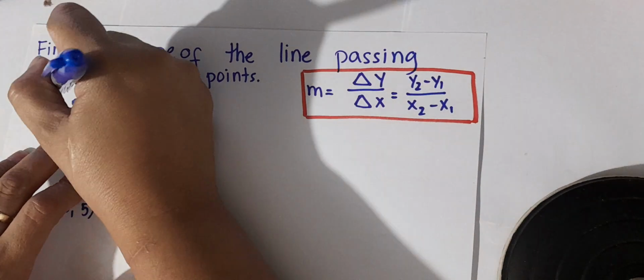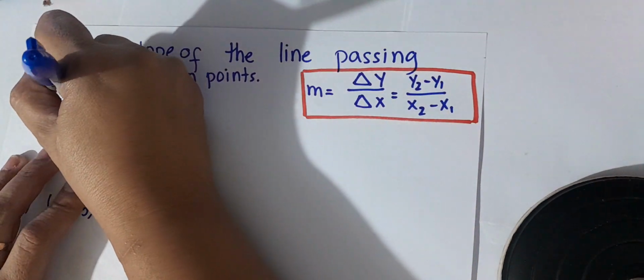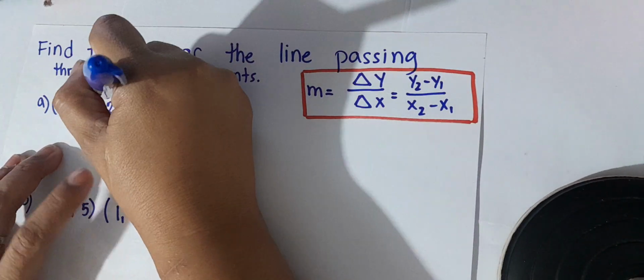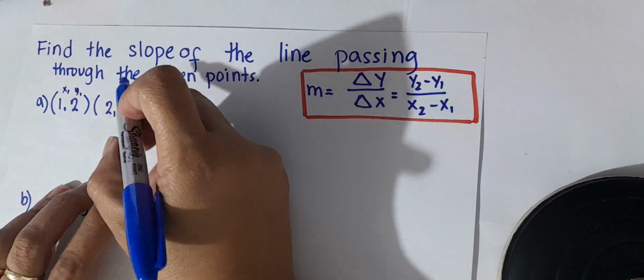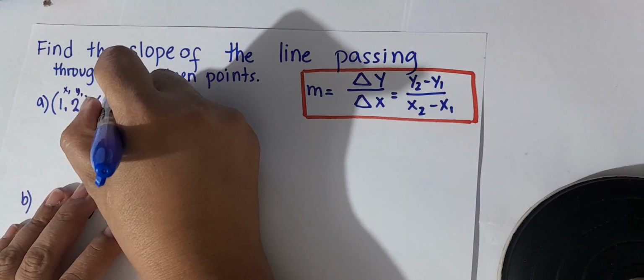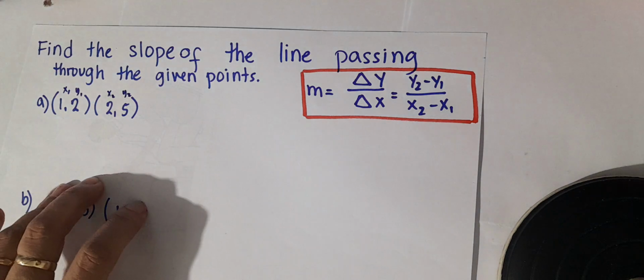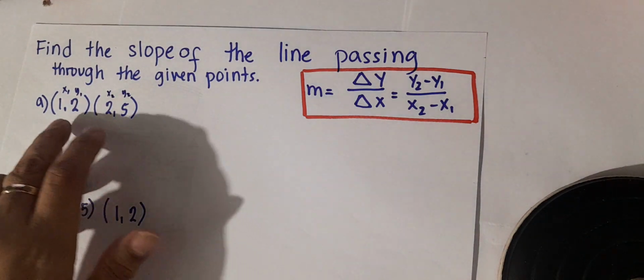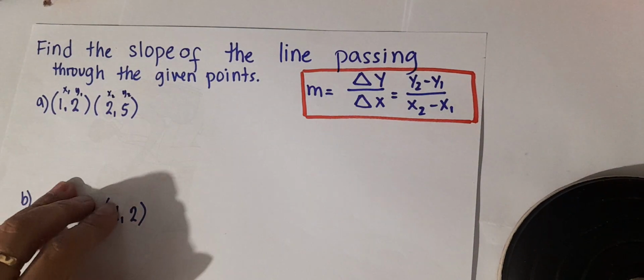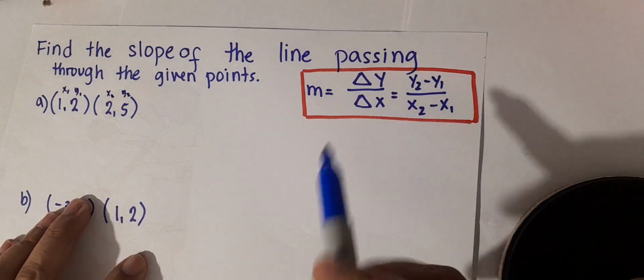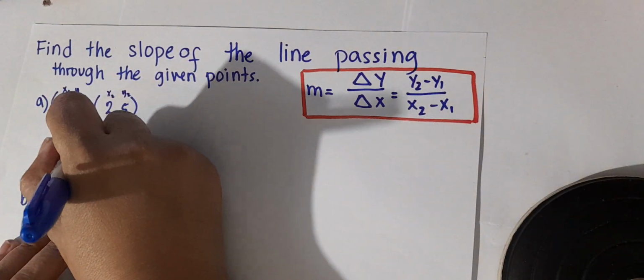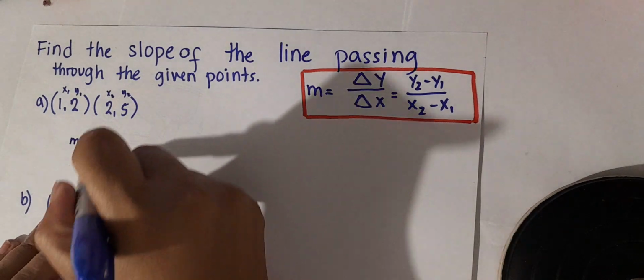So let's designate this as x1 and y1. And the next one will be x2 and y2. So to get the slope of these two coordinates here, we have to use the formula m is equal to